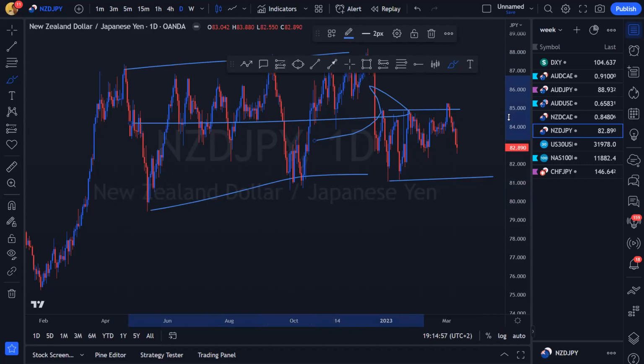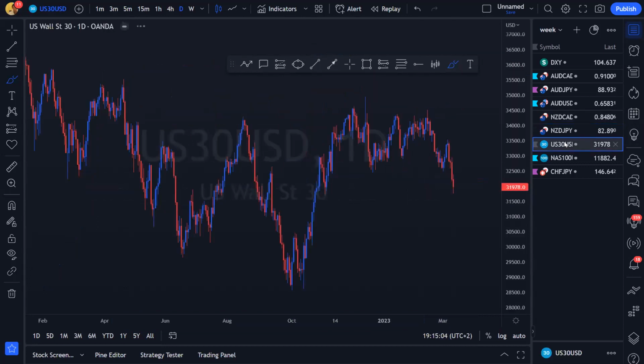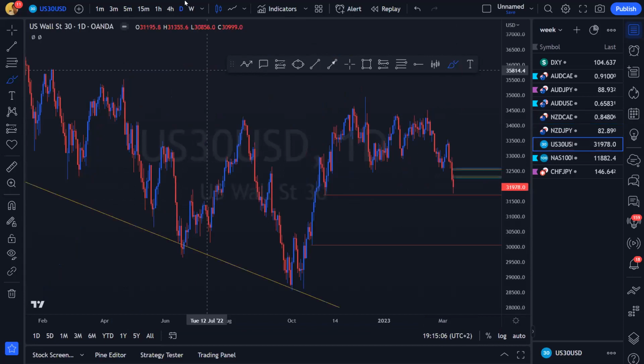If we don't see any one of those, then there's no reason we should be making decisions on this pair, or on any other pair for that matter. Otherwise, let's go on to some US30. So on US30,